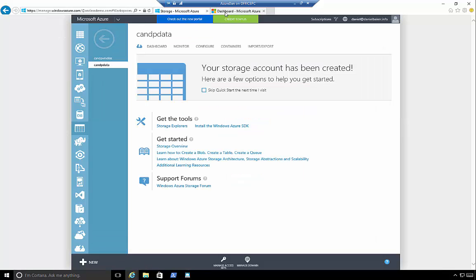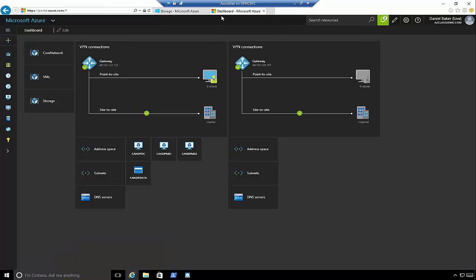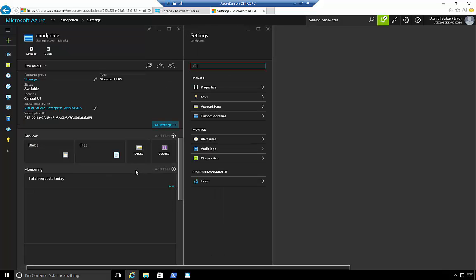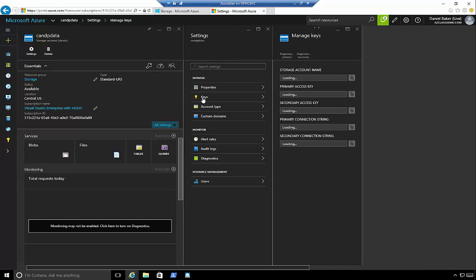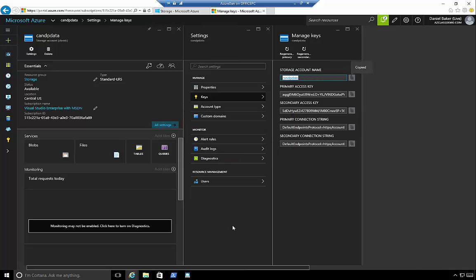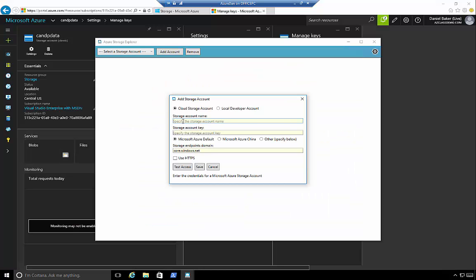Okay, and it can be anyone, so let's go into our new portal, and from here I'm going to go ahead and click on the storage account, and under my settings I'm going to come across and click on keys. Now I can get to it via settings, or I can click on the key icon up here, but I'm going to click on keys, and from here we've got the storage account name, so it's cloudandproud.data, so I'm going to go ahead and click this guy and copy that and paste that into this dialog box here,